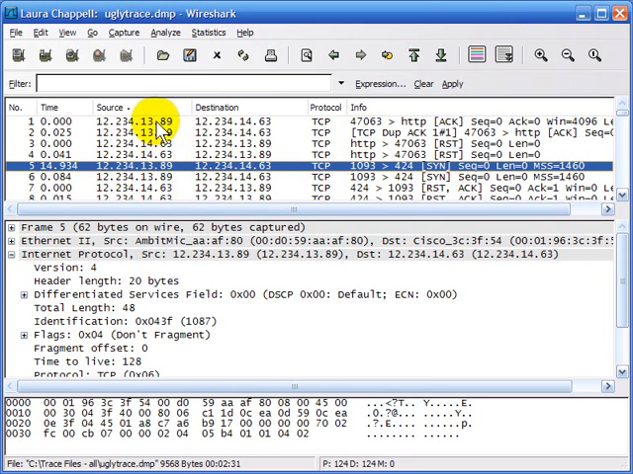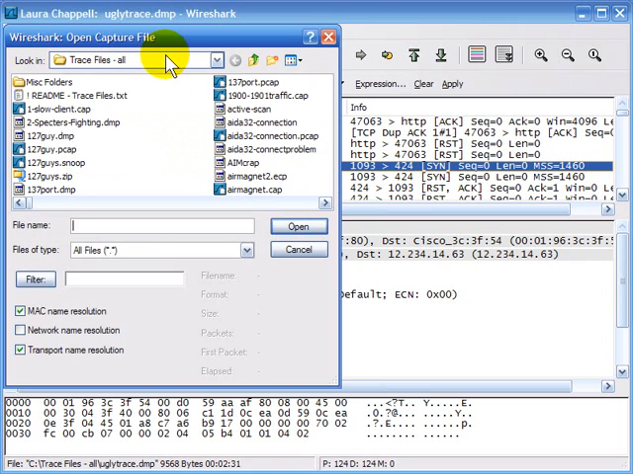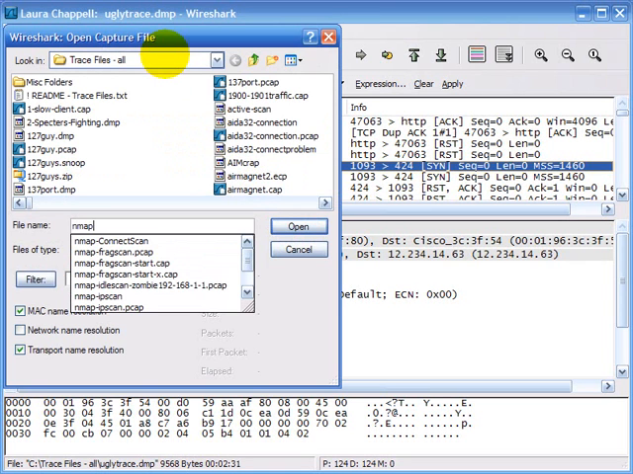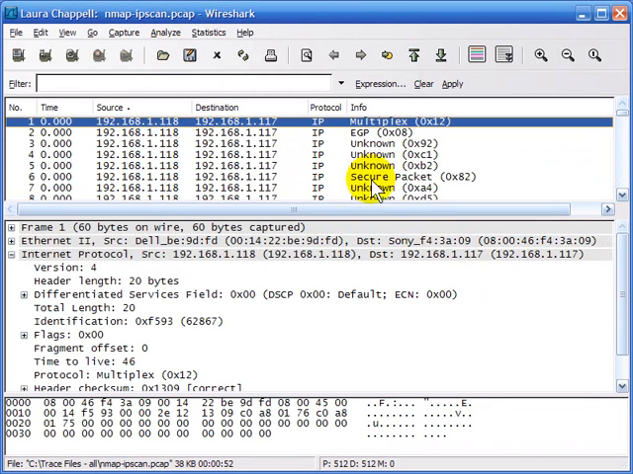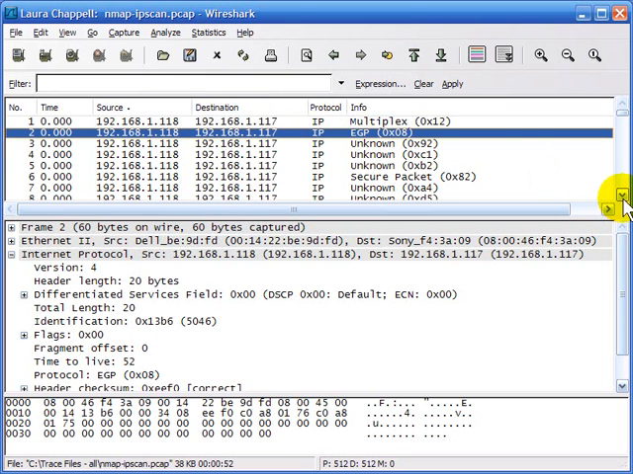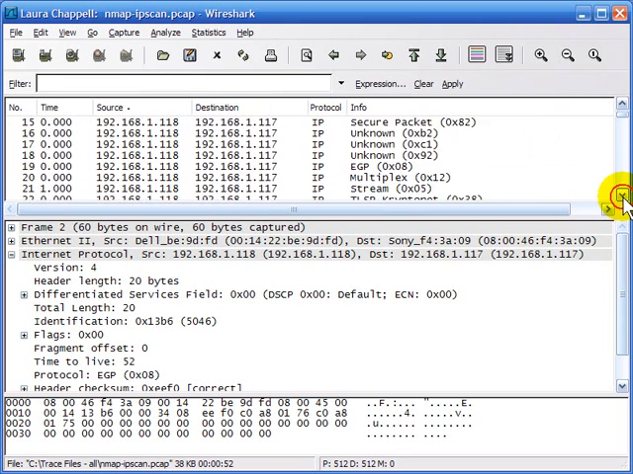The next trace I will show you is an IP scan. The trace is called nmap-ipscan.pcap. In this trace, someone is using nmap to find out what services sit on a target system directly above IP. Now, there are a number of services that could sit directly after the IP header. We're most familiar with TCP and UDP, but we also have EGP, as you can see here from this trace,